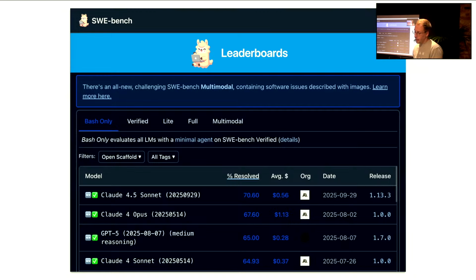The other cool thing about SWE Bench, or it's cool depending on what type of information you want to get out, is that SWE Bench is always a combination of a model and tooling. Actually, I'm showing the bad example. I've highlighted the bash only stuff. That's less interesting. The full comparison is more interesting, because the bash only is this minimal agent that's highlighted there.